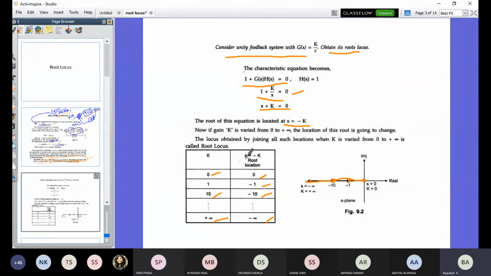So you can vary the value of k and we will get different roots. That's all. All such roots you can join. It's the same as the s plane we already discussed. In the Routh-Hurwitz criterion, it was the same procedure. In Routh-Hurwitz, we are approximately determining where the roots are located, but here we know exactly the location of the roots. It is a graphical representation of how the roots traverse the s plane according to the value of k, and for which range of k the system is stable. In the previous case, I told you.